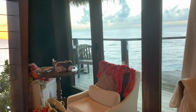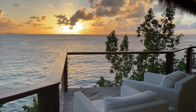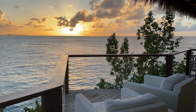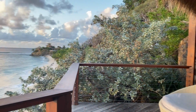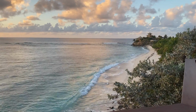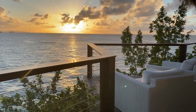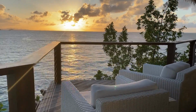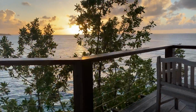Then we come over to the view. We have a nice large lounger out to the right. We have not lounged a single time because we've just been up to a lot of activities here. Then we have another seating area, beautiful, out on the patio. Then we come back through here